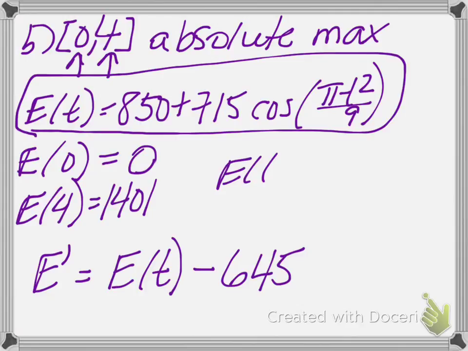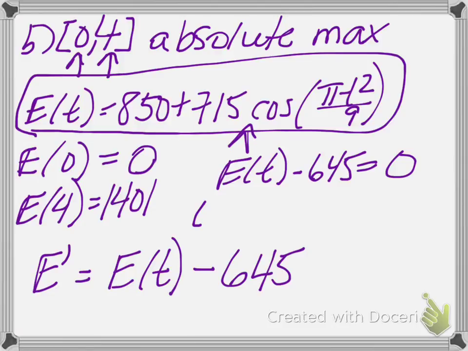So it's going to be E of t minus 645 equals 0. And of course, if you're just subtracting 645, that's when t equals 1, and so on. Okay, so you're going to put this into your calculator, because E of t is this big mess, there's no way you could solve it. Then you're going to go to second calc and look for where it says 0, and you're going to get two solutions. And remember,